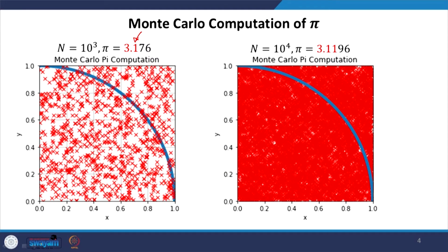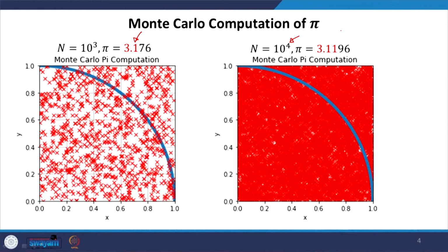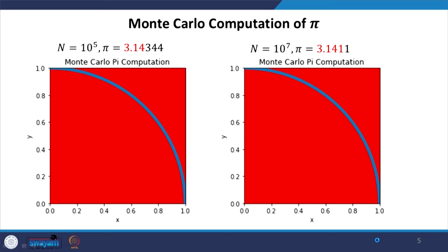We are getting more points in there. And if I do 10 to the power 4, now the points are pretty much filling that entire square, and then even my second decimal is kind of getting there. It's not 3.14, but it is kind of 3.12. That's close to 3.14 if I compare to something like 3.17 here, right? I keep on doing it, and this takes very little time to run because it's a very simple code. For 10 to the power 5 points, I get both the decimals, first and second decimal, right.